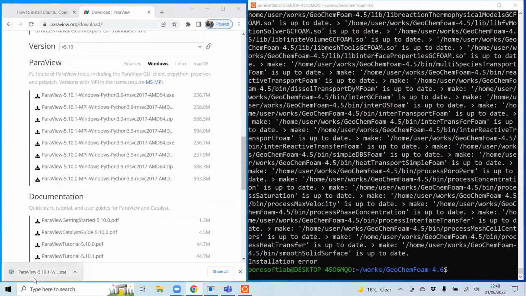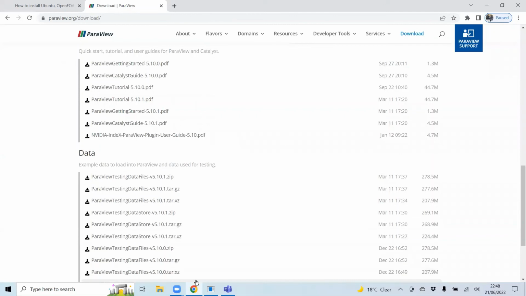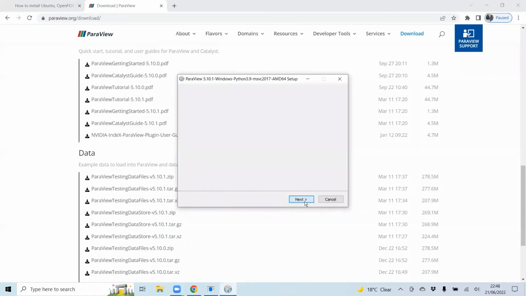So now this one is downloaded. I can open it to install. It asks for permission and then go next.